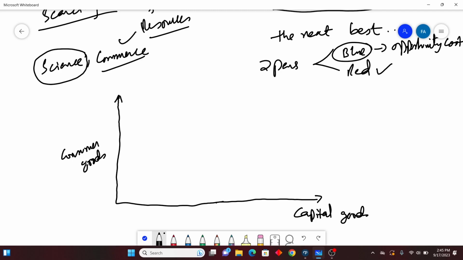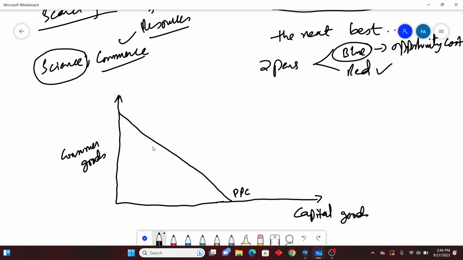In every diagram you are writing in your answer, don't make different diagrams. Maybe in one diagram you put capital goods on the y-axis and consumer goods on the x-axis. Don't do that. Decide one thing. You could write capital goods on the y-axis and consumer goods on the x-axis, there is no issue at all, but both these goods should be present in a question. Okay, so now this is a production possibility curve, the line which shows